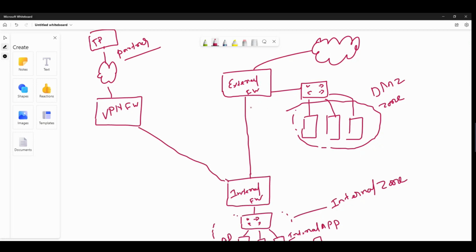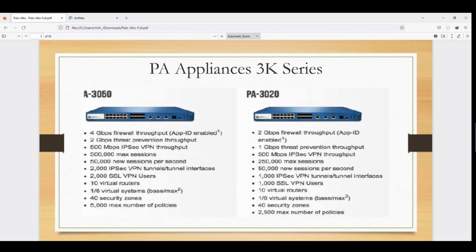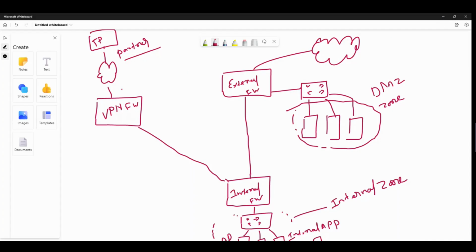So in this case, how many firewalls are required? We require 3 firewalls, right? You can see the situation over here: you require 3 firewalls to achieve that work. But what if you are going to use a virtual system? You just purchase one firewall, and within that firewall, create 3 VSs, and those 3 VSs you can dedicate for different tasks. So earlier, the firewall which was doing the VPN firewall task, for that you can create a VS, a virtual system,